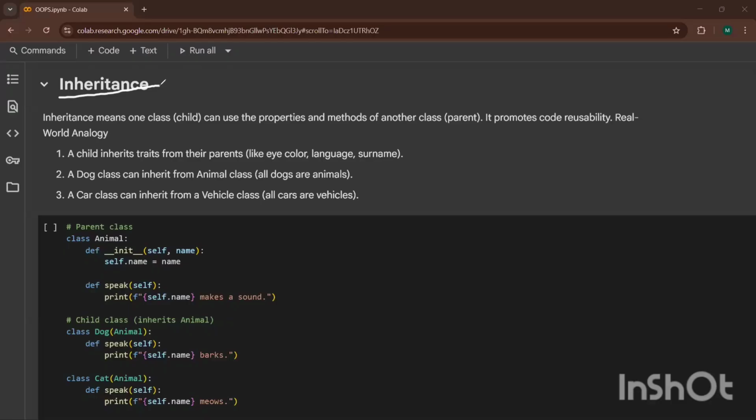What is inheritance according to you? Inheriting the properties of a parent class as a child, sharing common genes, qualities, traits. Okay, great, guys.